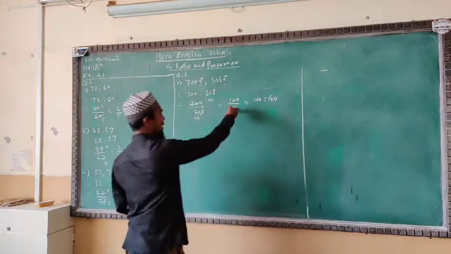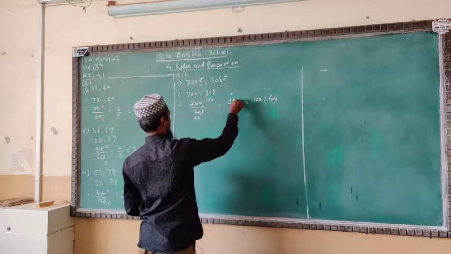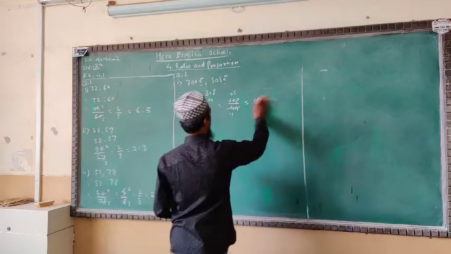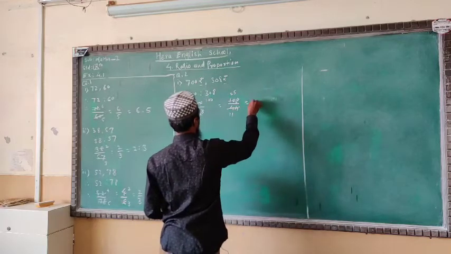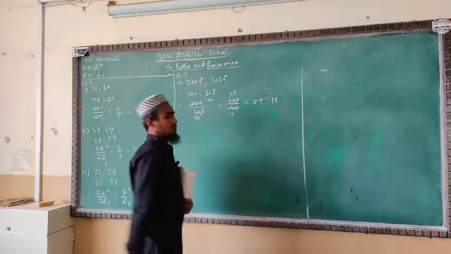Now see very well, we can divide one more time here. 4 twos are 8, 4 fives are 20. Once more, 4 ones are 4, 4 ones are 4. So you will have as the answer 25 by 11, means 25 is to 11. It's the simplest or reduced form.